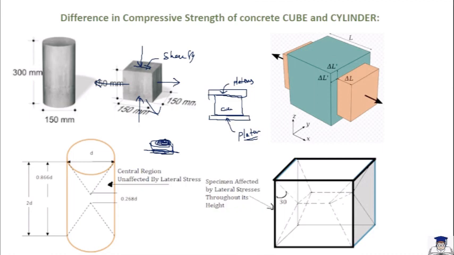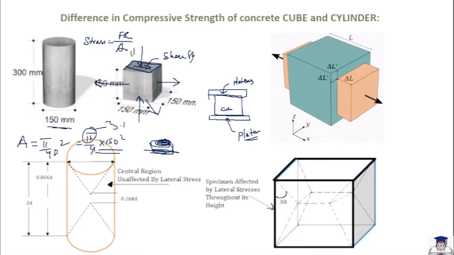Even though the diameter is 150, the area, that is pi by 4 d square, pi by 4 into 150 square, is going to be different. Here pi is something like 3.14 and then divided by 4, so usually you get pi by 4 as less than 1. So less than 1 into 150 square, you will get a lesser value, a lesser area than this cube surface area, isn't it, right? So since the area is less, what happens to the stress intensity? Stress is equal to force by area.